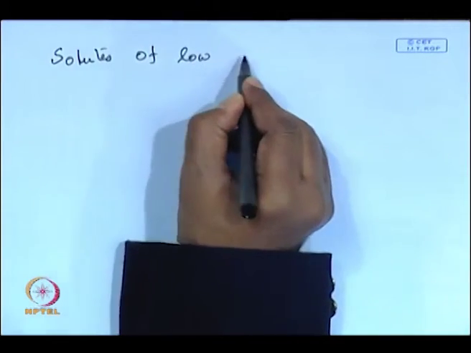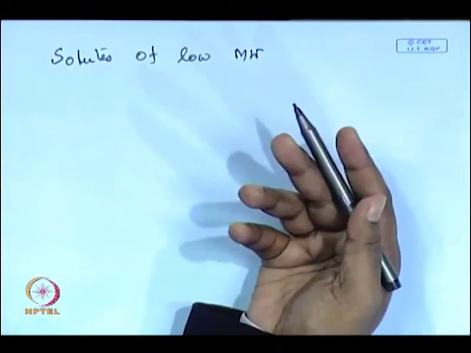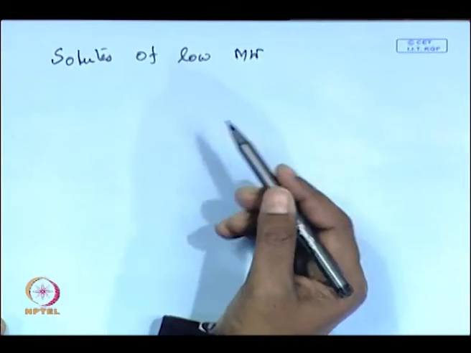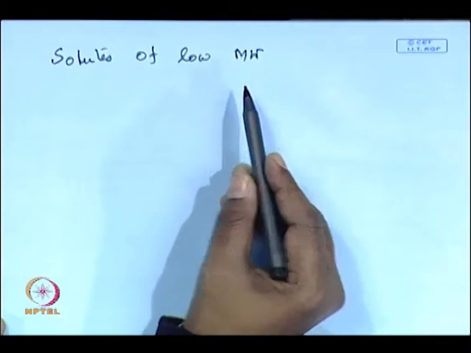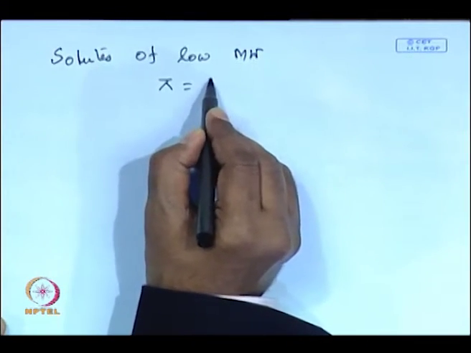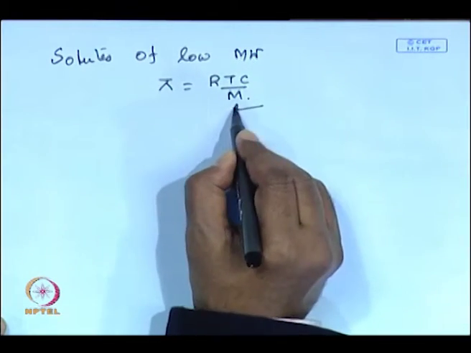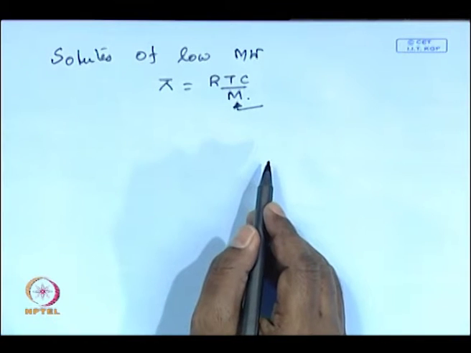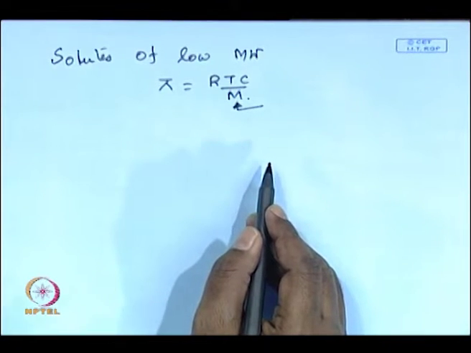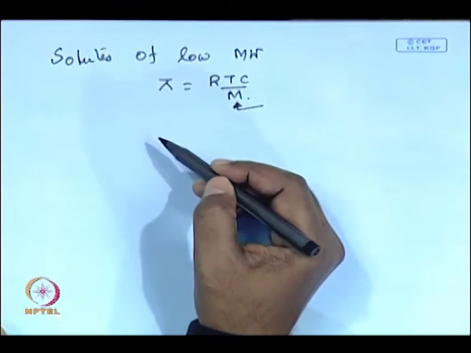Solutes will not have the osmotic pressure, the solution will have the osmotic pressure, but the solution must contain solutes of low molecular weight, because if you look into the definition of osmotic pressure, the first coefficient is RTC by M. So, if you go for lower molecular weight solutes, you can correlate that with the size, that is, smaller sized particles. If you have solutes of smaller molecular weight, the osmotic pressure becomes dominant.